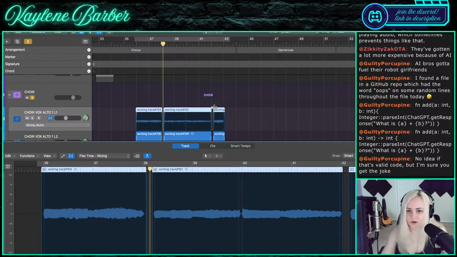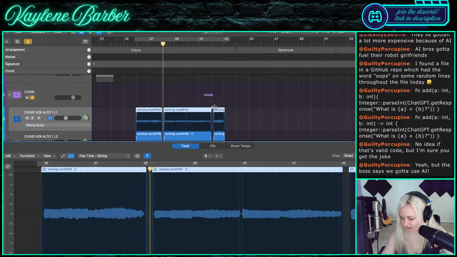Because you could just use the built-in mathematical functions that are built into most programming languages. Most of them can do math. Some of them are a little bit more inaccurate if you're using any kind of floating point decimal, although there are certain object structures that can help keep things more accurate. Like in Java, we like to use BigDecimal for floating point numbers. But yeah, just needlessly hitting the ChatGPT API, like, if error,